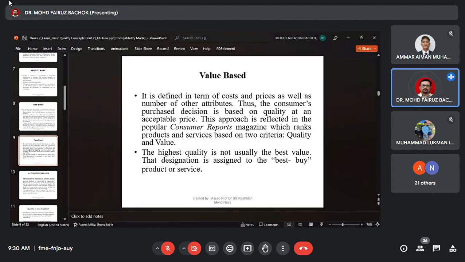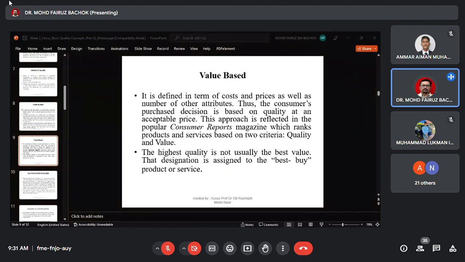Okay, next, value based. The value based approach is defined in terms of cost and price as well as a number of other attributes, in that the consumer purchase decision is based on quality at an acceptable price. The approach is reflected in the popular Consumer Reports magazine, which rates products based on two criteria, quality and